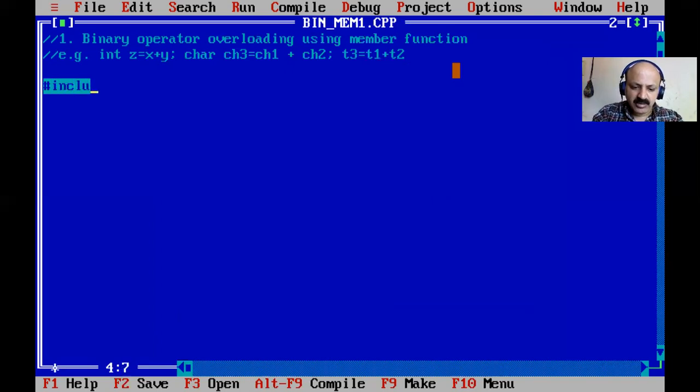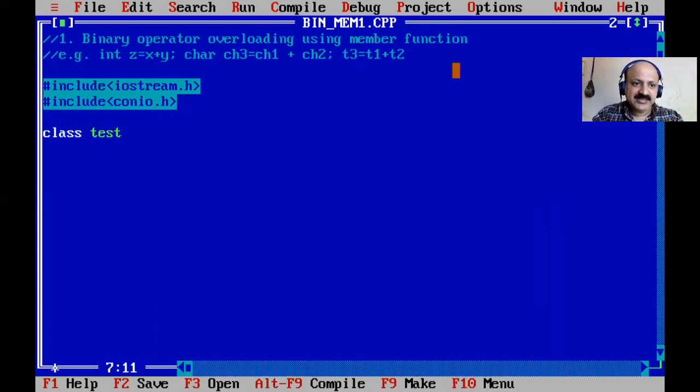The first part of the program is the header file include: iostream.h. You have to know very well, input output stream, and a stream is a collection of bytes. Then conio.h, console input output. Then we take our class; give the class any name, like simple, test, complex, some such name. Here we take two instance variables, x and y. Why are they called instance variables? Because when an object is created, memory is allocated for x and y.